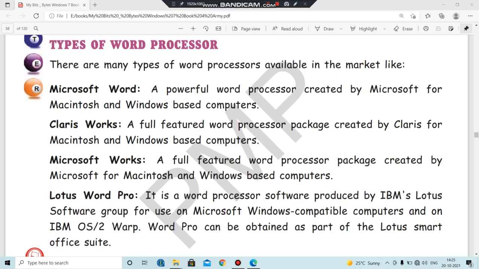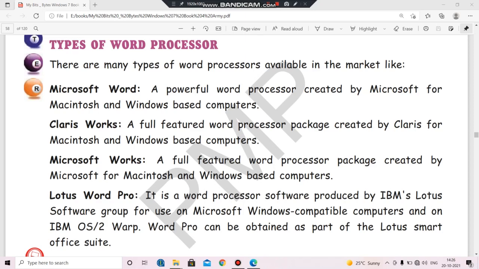And they have also designed this for the Macintosh and the window based computer. So basically all these different types of word processors have been created by keeping in mind the Macintosh and the window based computer.